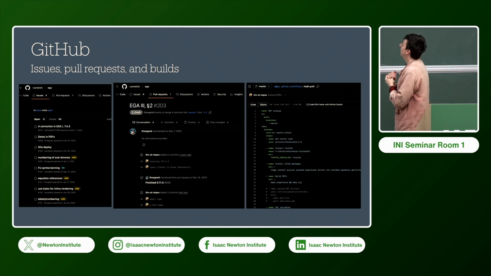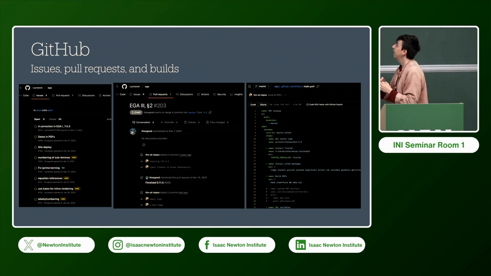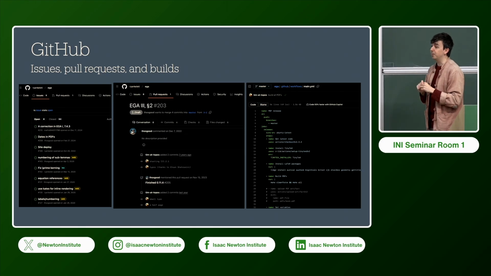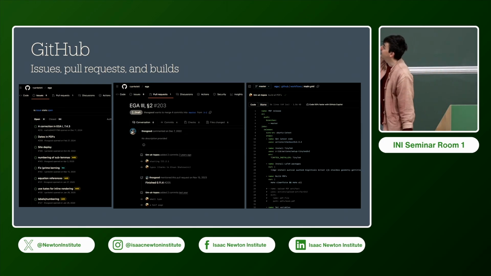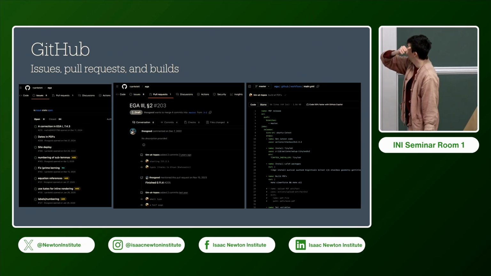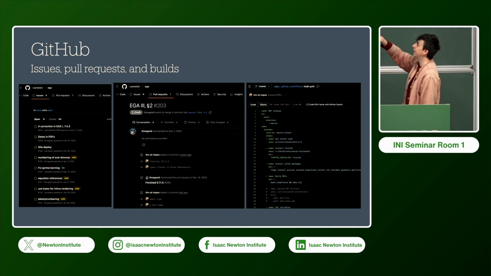So I put all of my translations up on GitHub, which means anyone can view the source code of them, the TeX, or the markdown. I'll talk about that in a sec. But by putting them up on GitHub, I get 3 very useful things that happen to me immediately. First of all, on the far left here, you can see I get issues. So what does this mean? For those who don't know, GitHub is this website.